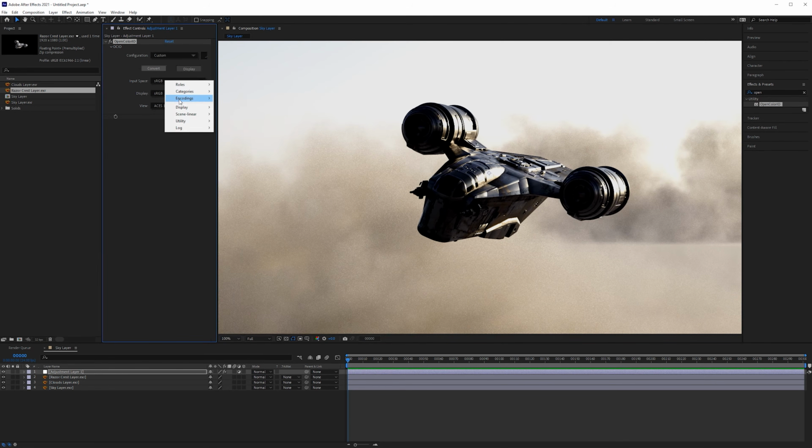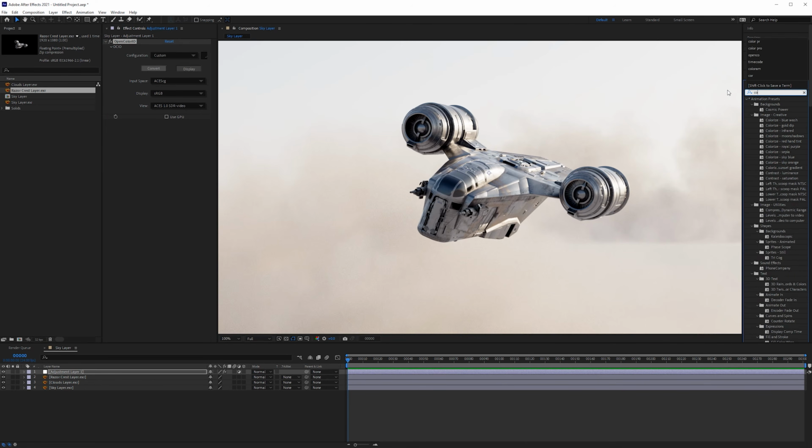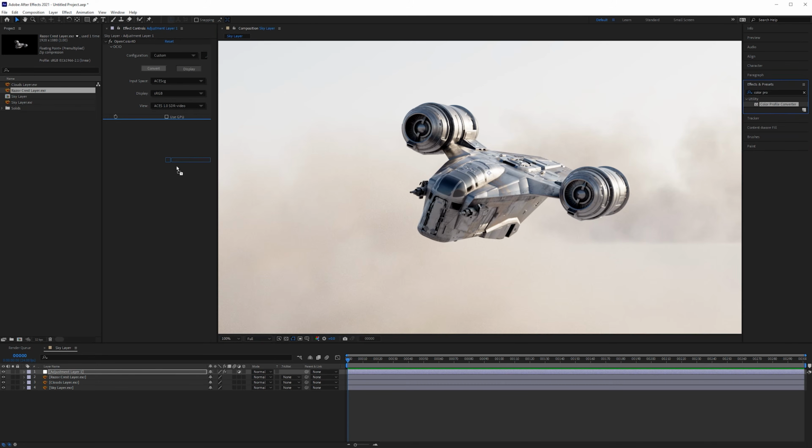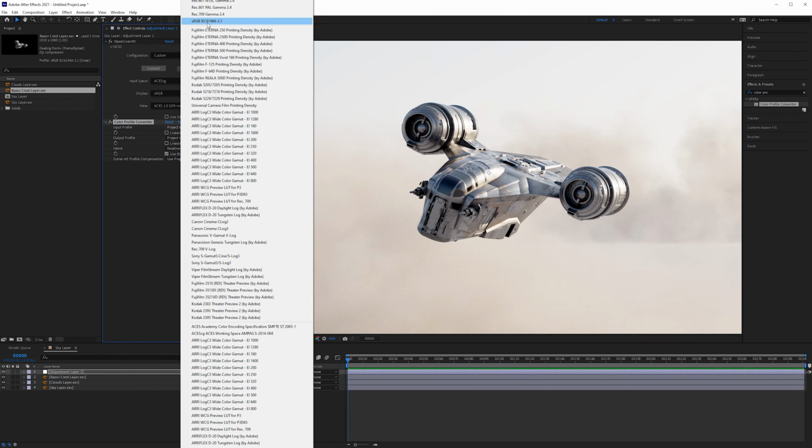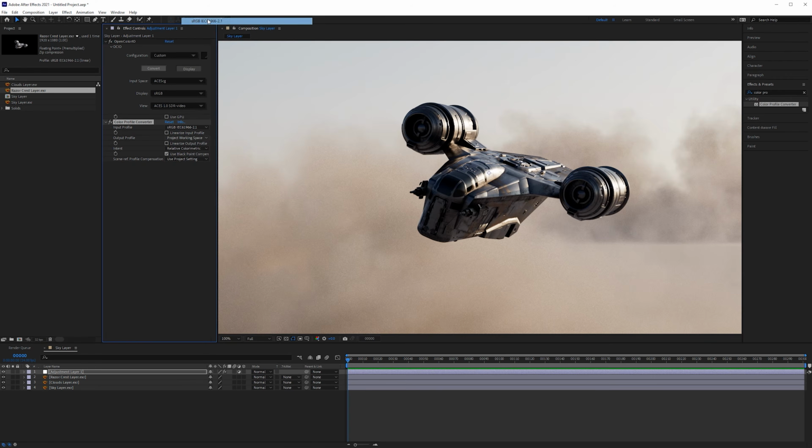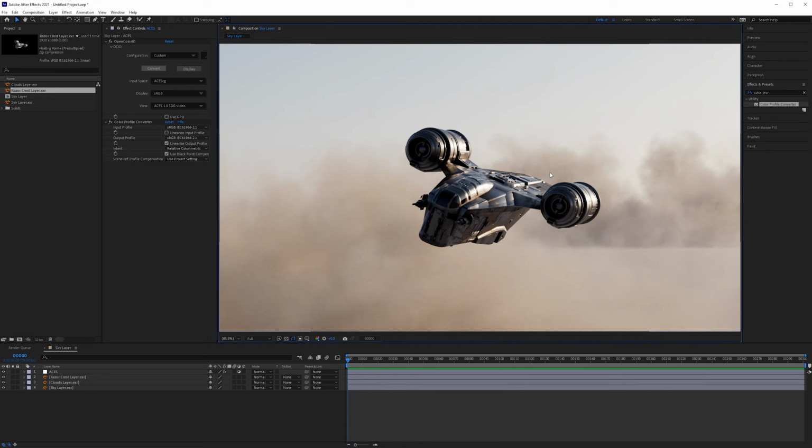Display, input space, scene linear, ACEScg, good to go on that. But then we need the color profile converter, sRGB, sRGB, linearize. All right, a lot of steps, but just get in the habit of doing it because it is what is required. I can call that ACES, I could call that OCIO, whatever. That's good. Okay, so now we have the same image that we had inside of Maya, but we have these